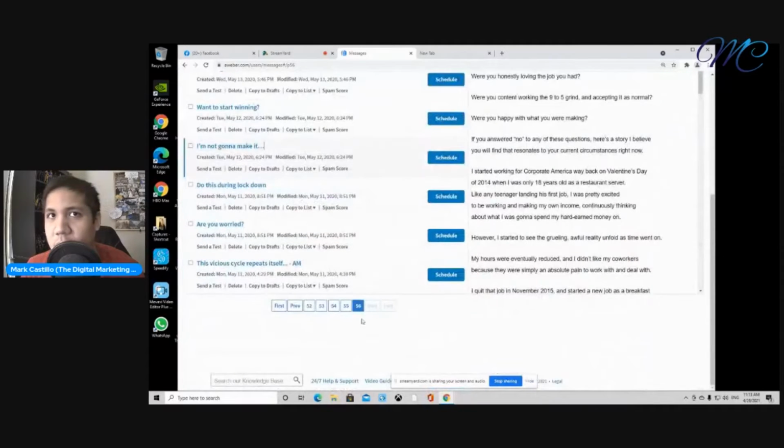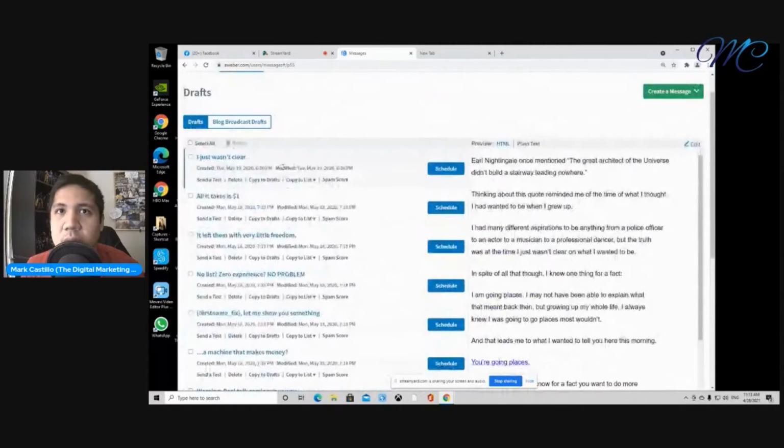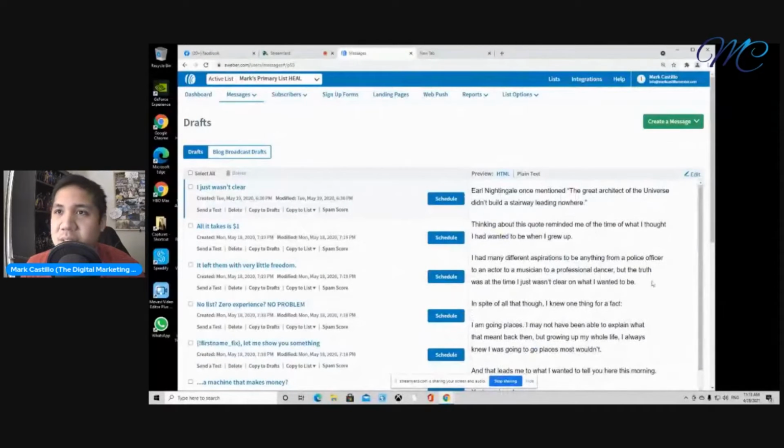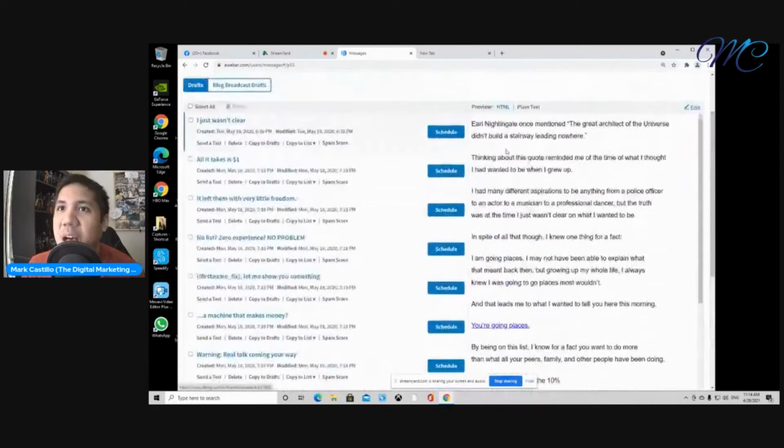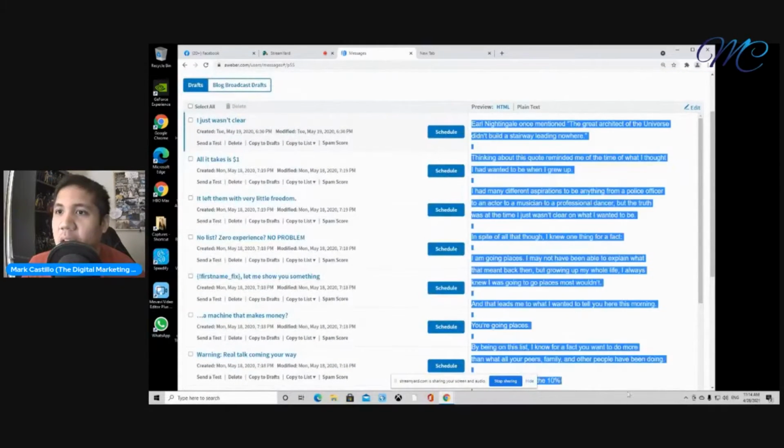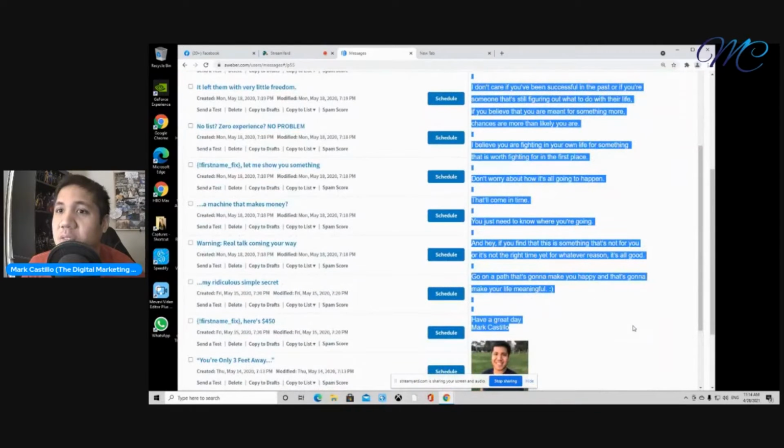Okay, let's go for this one. So let's say you want to format this email. So you finished writing out your email that you're going to be sending out to your subscribers, but let's say that you want to actually go ahead and format this properly. So what you can do is you can highlight all of this text right over here,